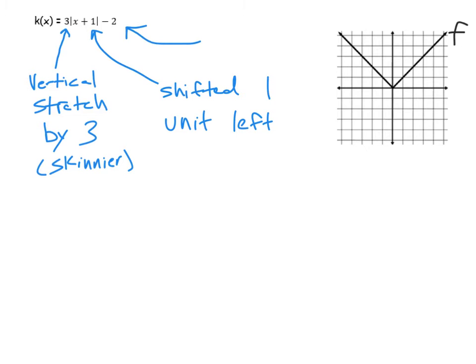Shifted 1 unit left. Shifted 2 units down, okay? And you look at that function, which we're calling function k,